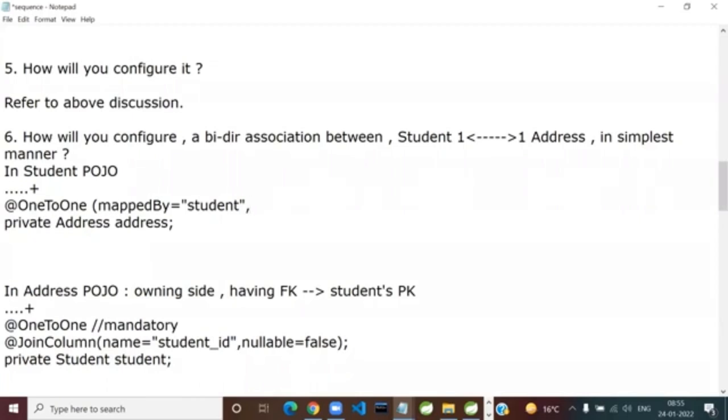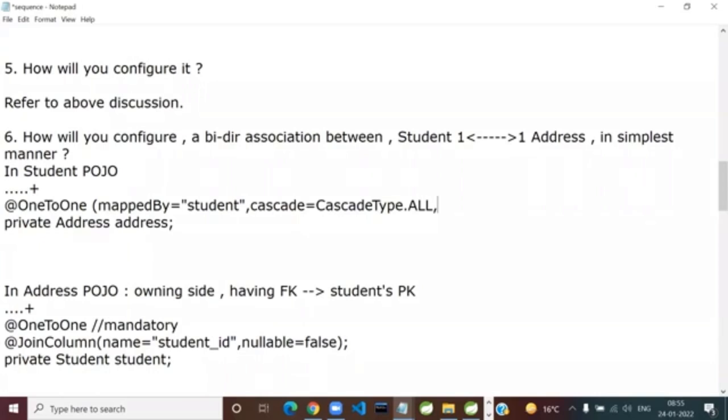That is, if I have a student having an address and if I save the student, I want the student record and address record inserted. Yes. So by default, what is the value of cascade? What is the value of cascade type? None. So here, what is the opposite of none? All. So CascadeType.ALL.